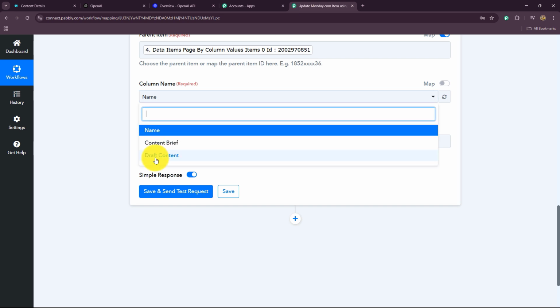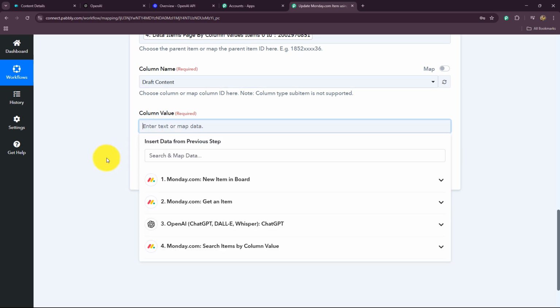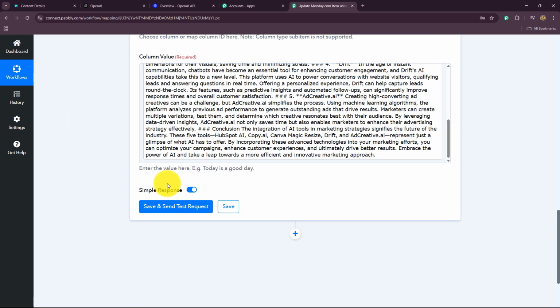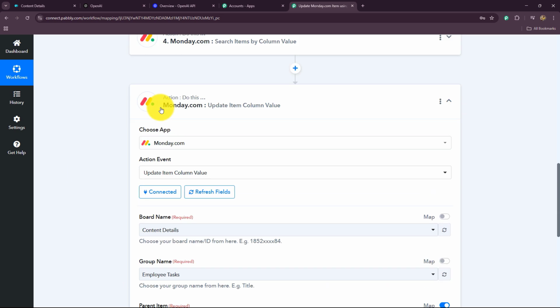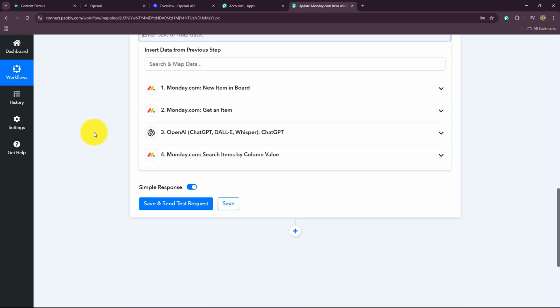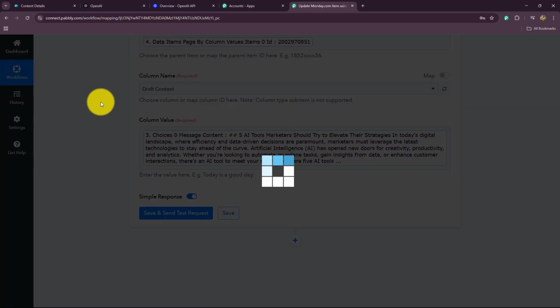I'm going to select the same from my drop down, and we have to provide the value which we want to update. So the value is the generated content which we have received from OpenAI. So I'm going to simply map that value over here, and I will click on save and send test request button. Again there is a technical glitch, so we'll click on OK. We'll simply click on refresh fields once again so that quickly we can rectify the glitch over here. And as the parent ID is cleared out, once again I'm going to map that over here. Done. Simple. Now after mapping the parent ID, we are going to then click on save and send test request button,